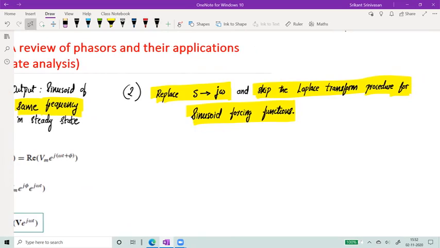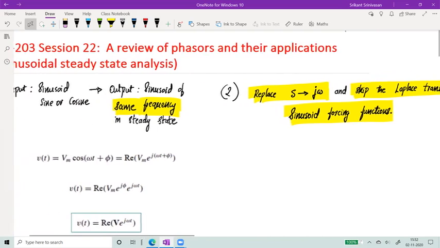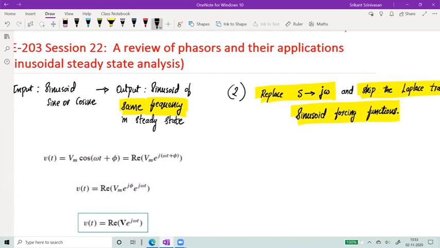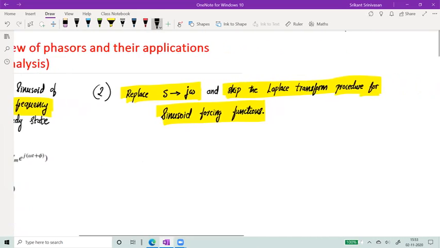So remember that initially we used differential equations. We converted differential equations into algebraic equations using Laplace transform. And now this is the final simplification. Only for the special case of sinusoidal functions, you can replace the Laplace transform with a direct equation without having to compute any inverses by just replacing the value of S with j omega.